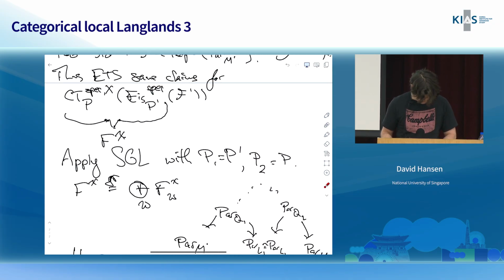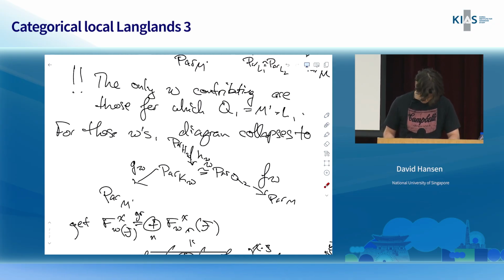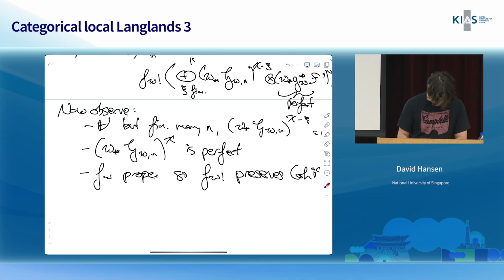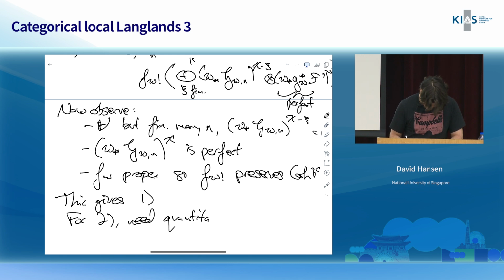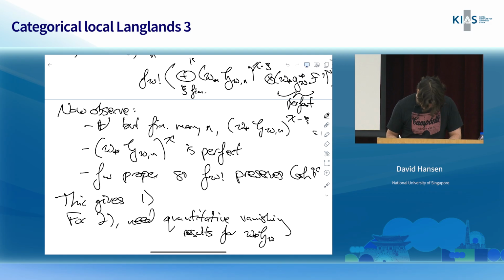Okay, that was the sketch actually of 1, and for 2, you just need one more detail. So this gives 1. And for 2, you need quantitative vanishing results for these W lower star G, W, N